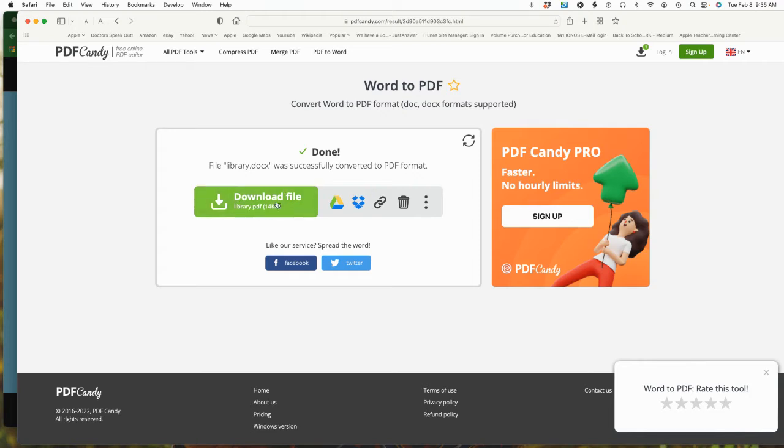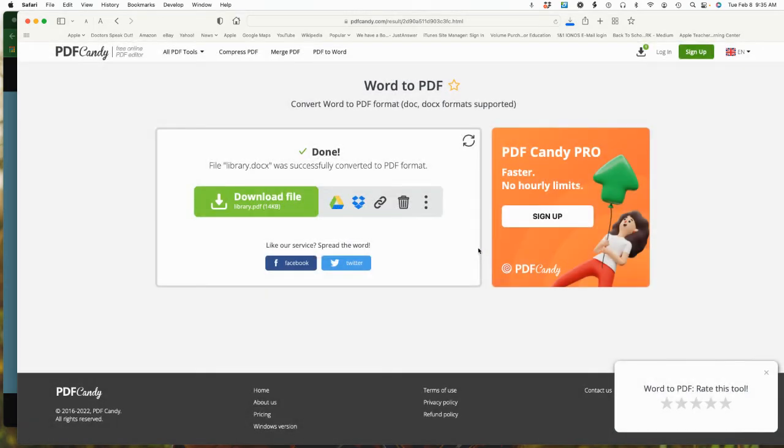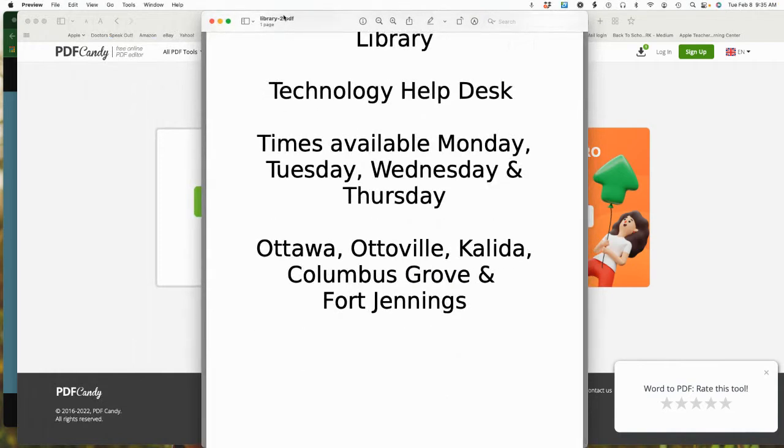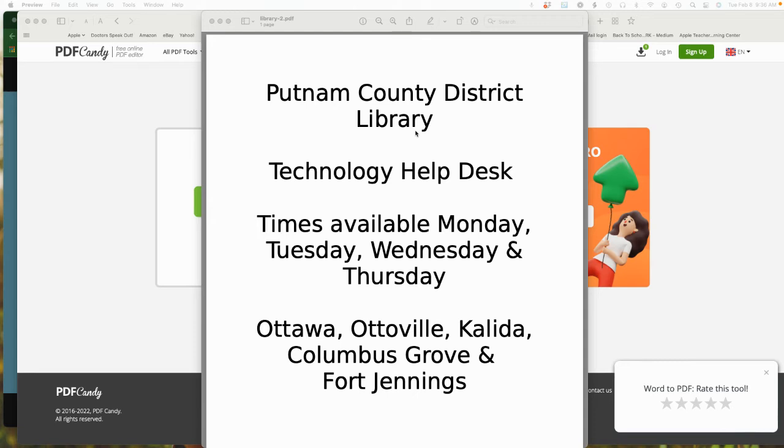Now I have the option to download that file. So when I click on that file, I can say allow, and now it's going to bring this file up, and it has taken that file, and notice now what was a Word file, which I will show you here. I'll bring it across as a Word file for you as well. But notice here, it's saved as a .pdf. So if you remember, PDF means it's a portable document format,